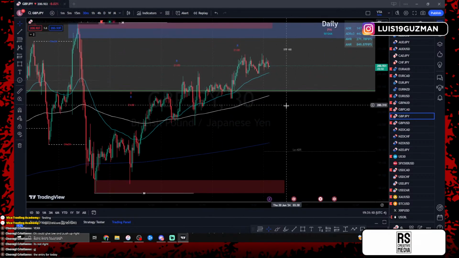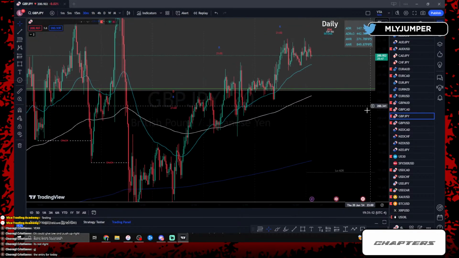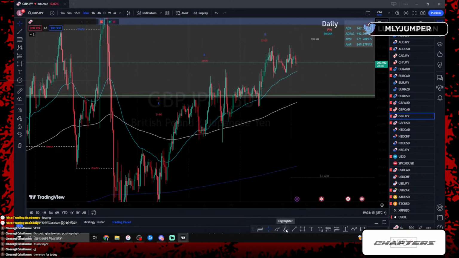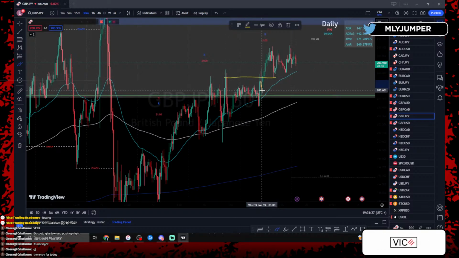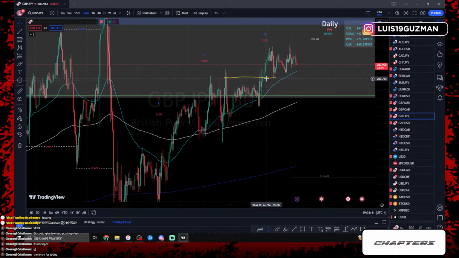So the entry for today, if we're really being technical with it, it wasn't valid in the technical sense that the 372 was hit, right? The third day high was hit before we even got the retest. So we got the engulfing candle, red, red, green, but that green engulfing candle gave us that third day high. And there's a lot of reasons for today as to why, not even the 372 or anything like that. It's just the fact that it's a bank holiday.